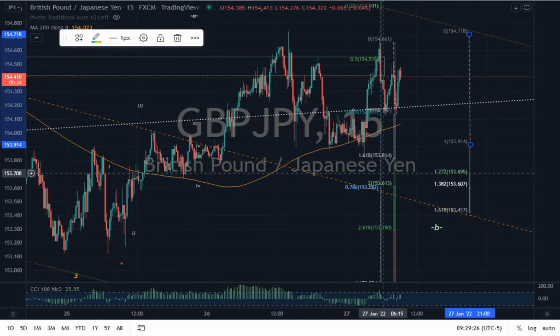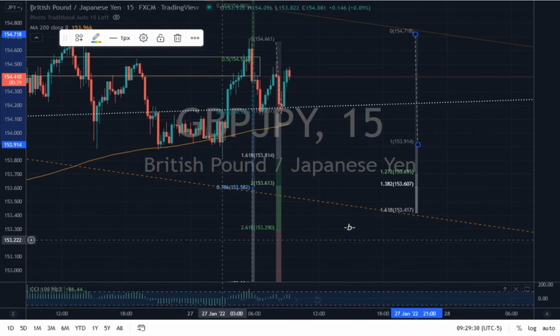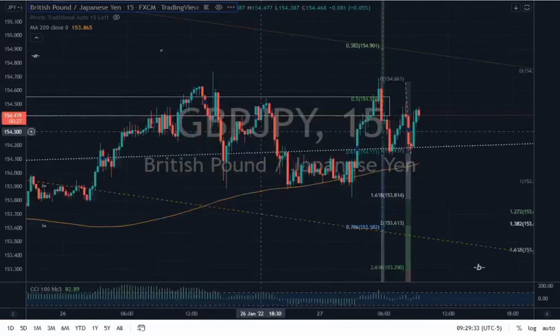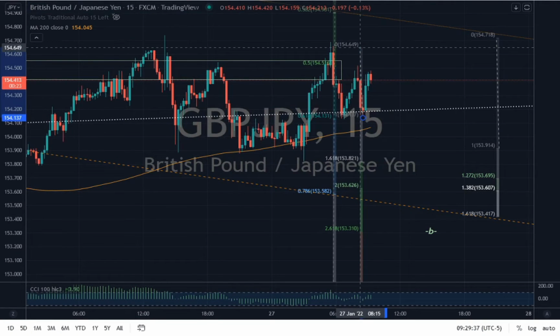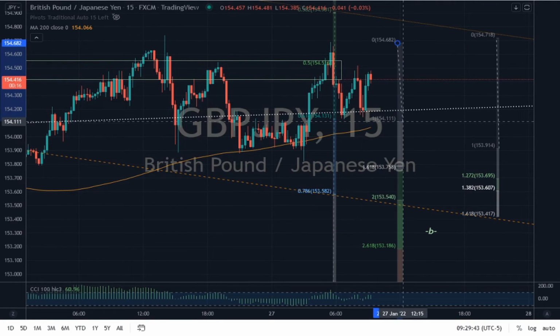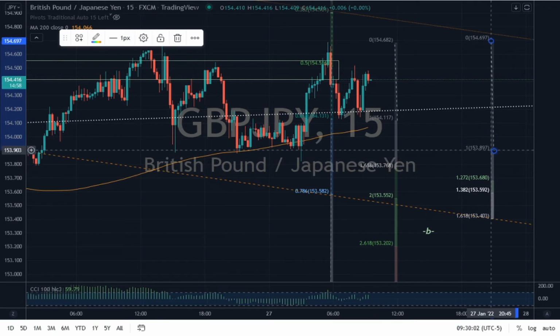Either this flat is going to grow down, or this very smaller flat that is a fraction of the larger flat is going to grow down. We would take a joint target level of both flats as accurate as possible. Okay, so the largest flat takes you to 153.6 and 153.4. The smaller flat does 200% at 153.55,